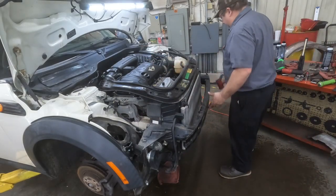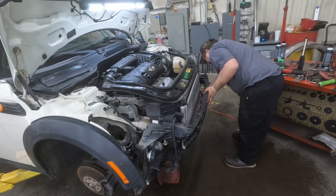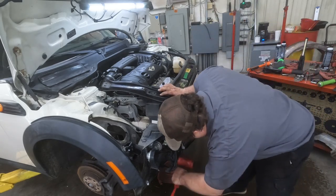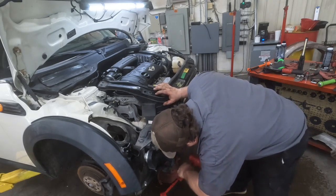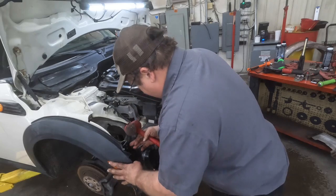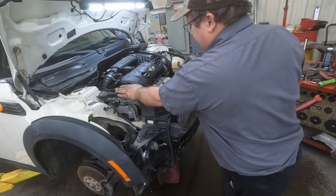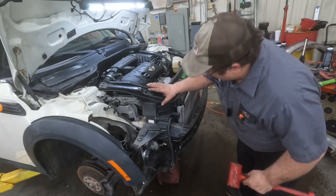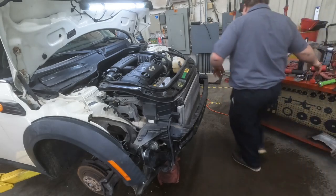Also, I did unhook the battery because we are working around airbag pieces and also the alternator. We're really close to the alternator. And I don't know if this thing was in a wreck or what, but this side here, when it came loose, it sprung up on me. So not sure what all's going on there, but let's get this thing up in the air a little bit,